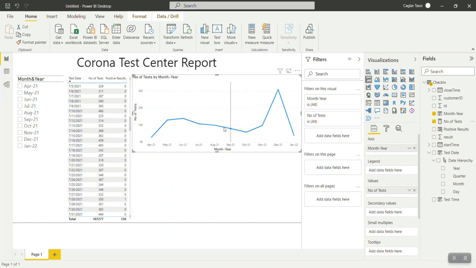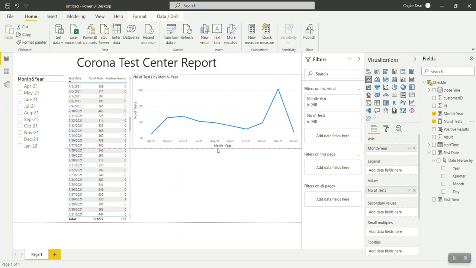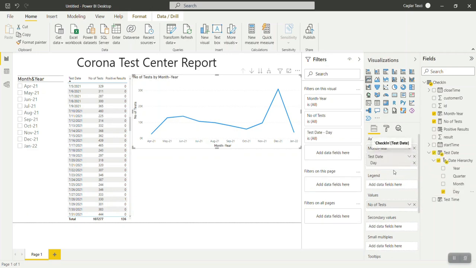So you can see that the month is here. I will do a drill down for the day. So I've added day in my chart. So now you can see that you have an option to drill it down. So just right click and drill down. So this way it will move to the next level, which is all the days in the month of December, and then you can come back as well. So this is how this chart will work.